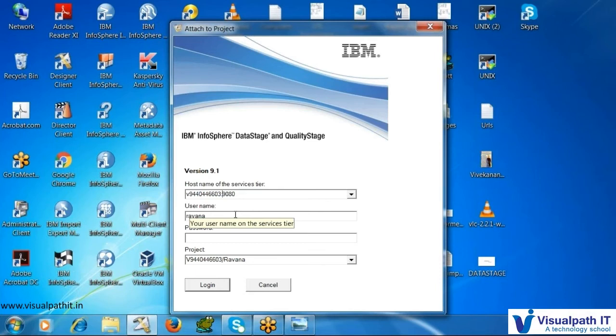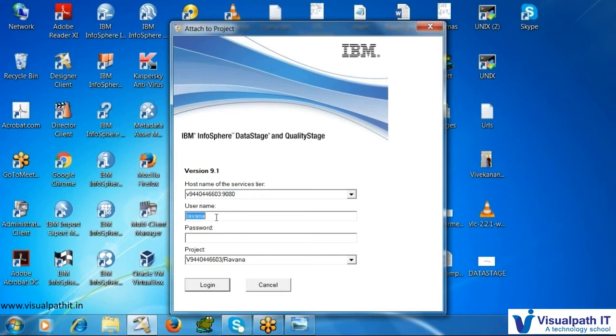By default it is 9080. Normally when you are doing installation, there is one step where you can choose the port ID also. 9080 is the default, but you can choose any other; we have a list. At installation time, there is one step.